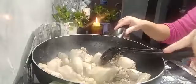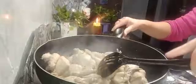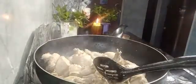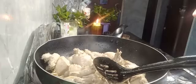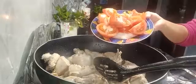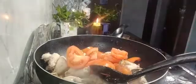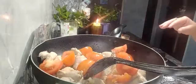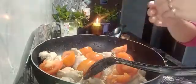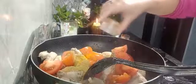Once it changes the color, I'll get back to you. My dear friends, the chicken is a bit roasted, so I'm going to put some spices and tomatoes in it. It is 4 to 5 tomatoes, because this karahi needs 4 to 5 medium tomatoes. So I'm going to put this dry coriander powder, just 2 pinches of turmeric powder,